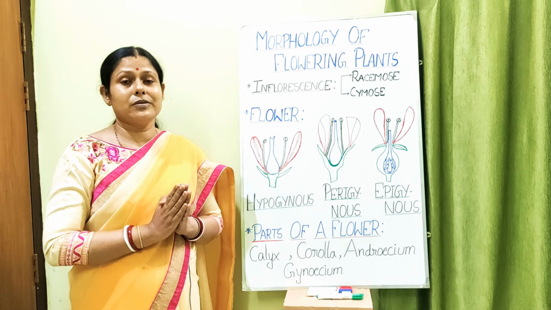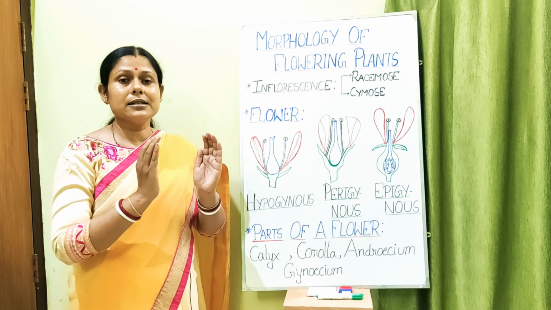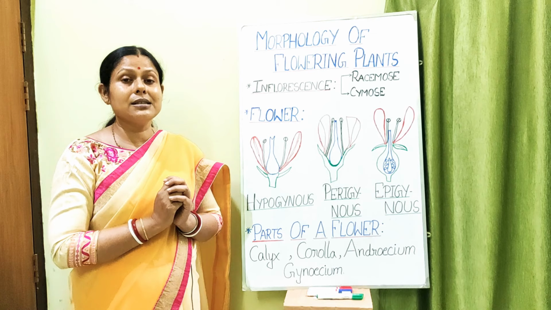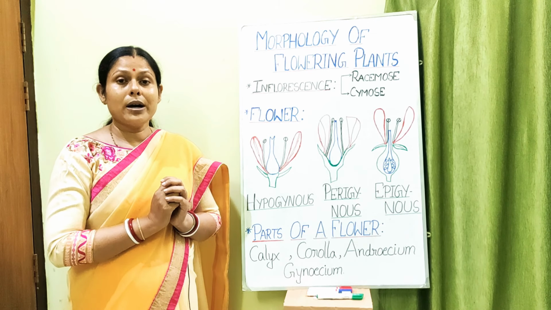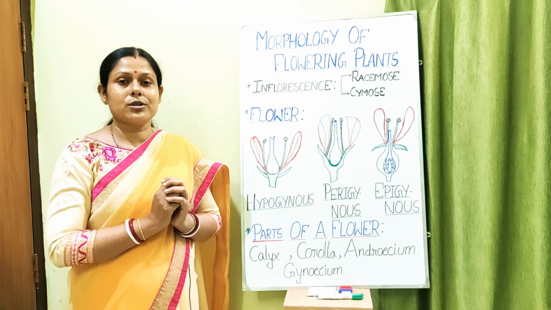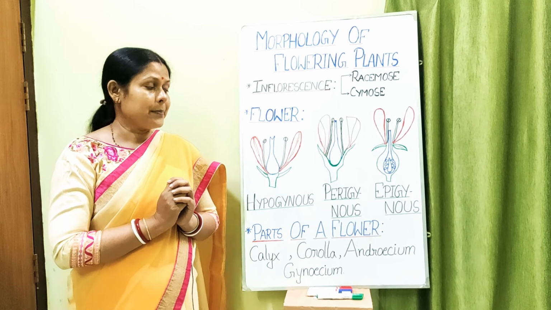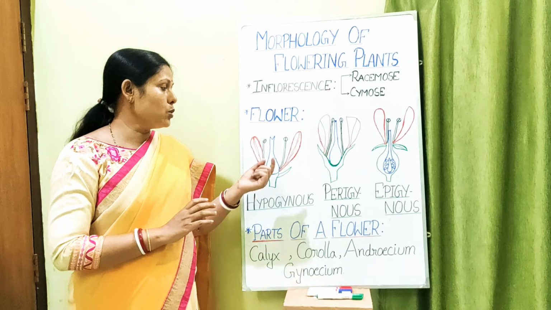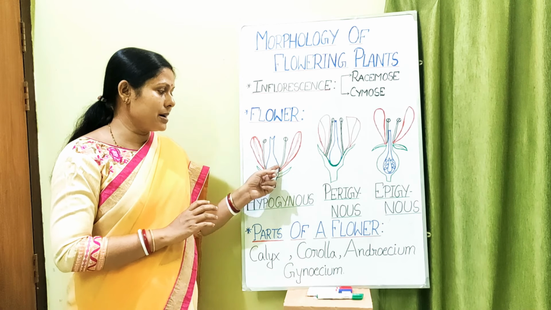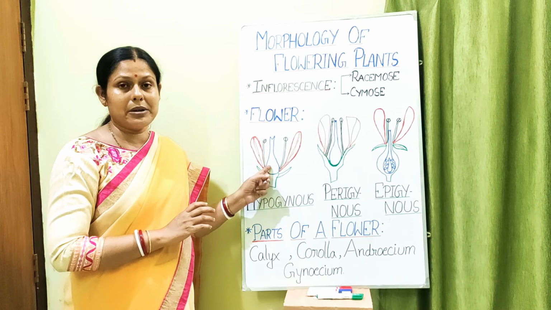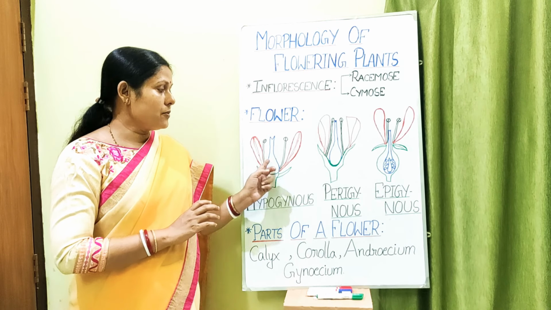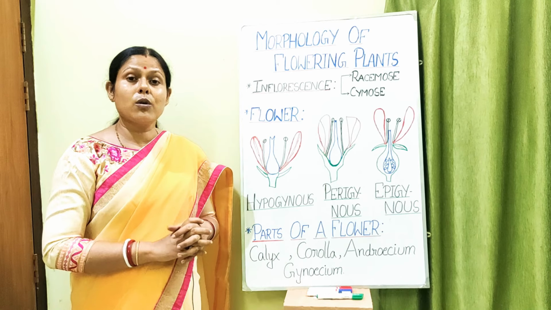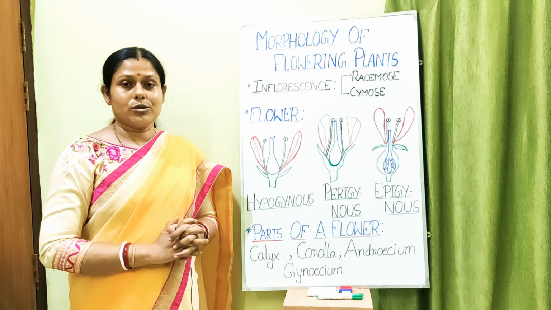The primary function of the calyx is to protect the internal parts of the flower. Internal parts here means basically the androecium and gynoecium. Why? Because they will take part in the process of sexual reproduction. Also I have to tell you that those flowers in which both male and female parts are present, this is the male part androecium and this center one is the female part gynoecium, we call that flower a bisexual flower.